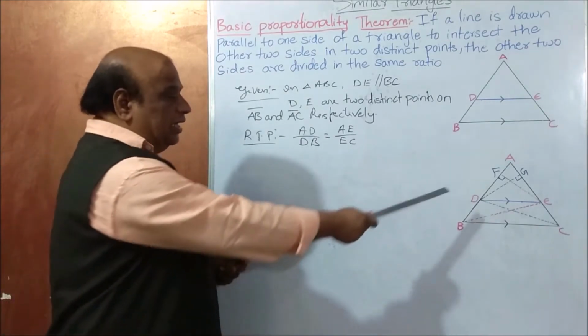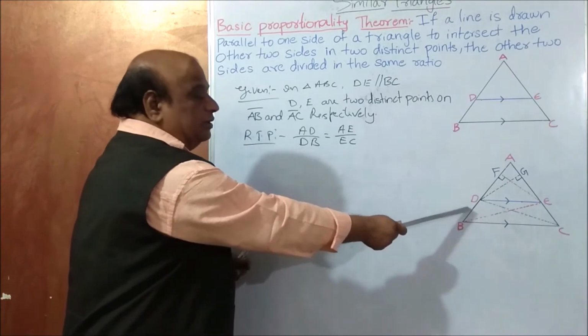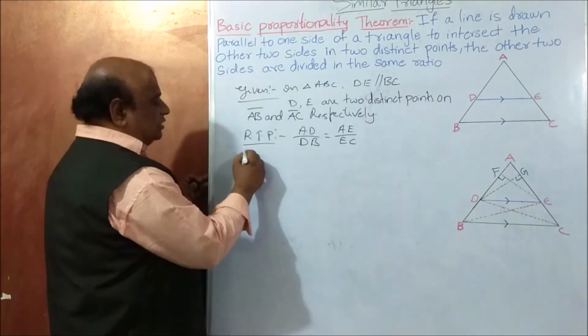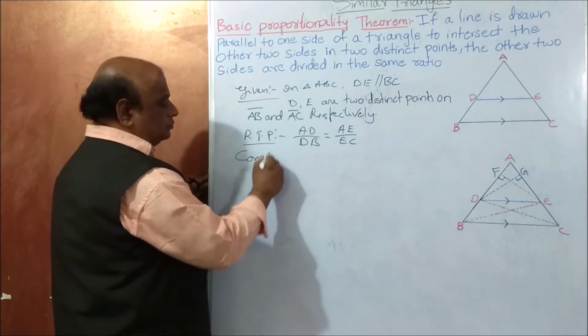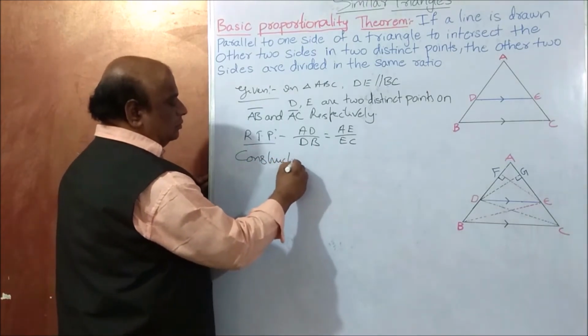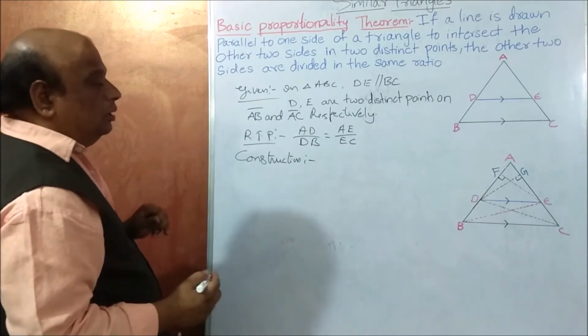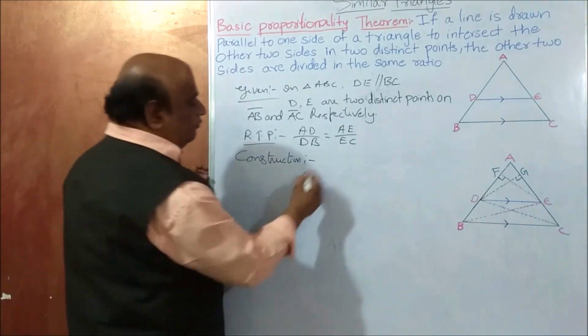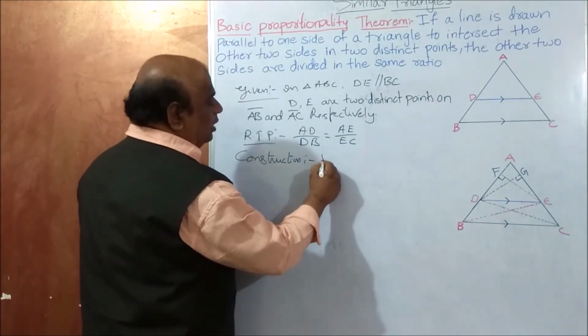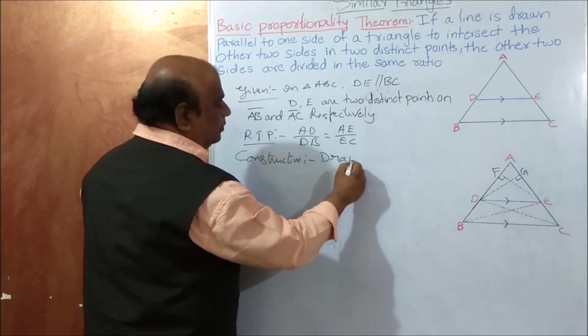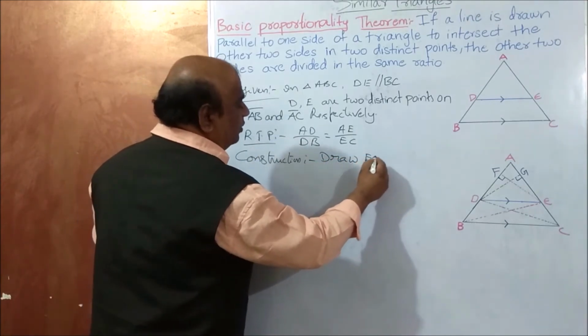What is the construction here? If you observe this figure, draw EF